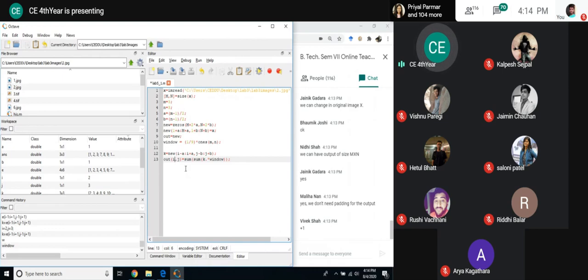So tell me the code for that. Should I write i minus 1? What should I write here? Should I write i minus? Let us keep your idea, then we will see the impact. Let us go with your idea. Just give me your code here. Should I write i minus 1, j minus 1? Will it work? Nidhi, Maliha, Jainik, Bhomik, give me the code.